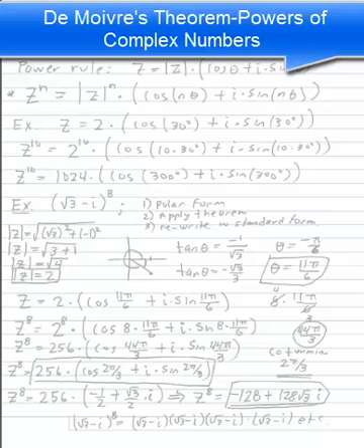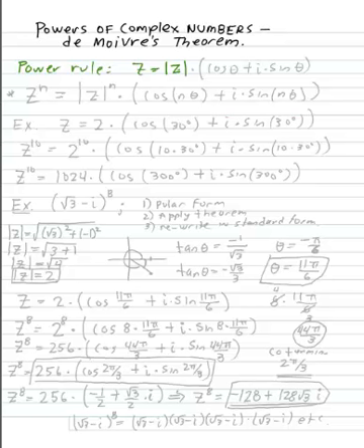In this session, we want to look at powers of complex numbers, in particular looking at de Moivre's theorem. Now, de Moivre was a French mathematician whose body of work included studies of probability theory and works on the normal distribution. And in about 1722, he came up with the power rule